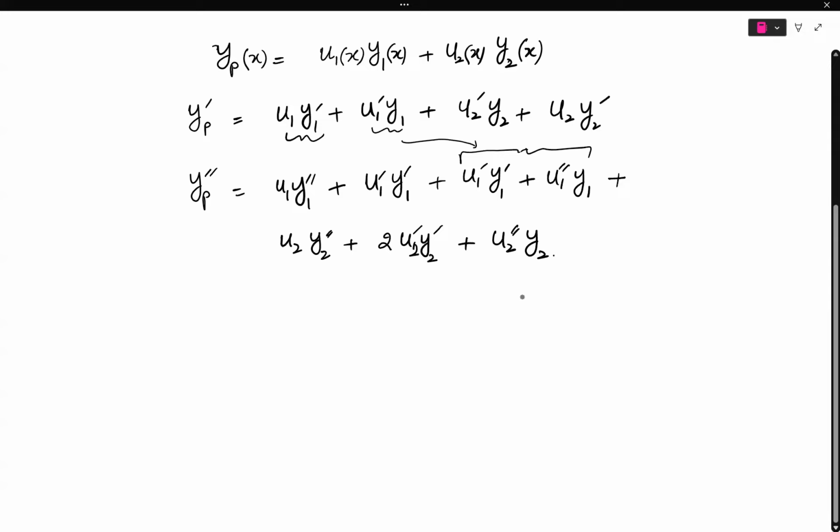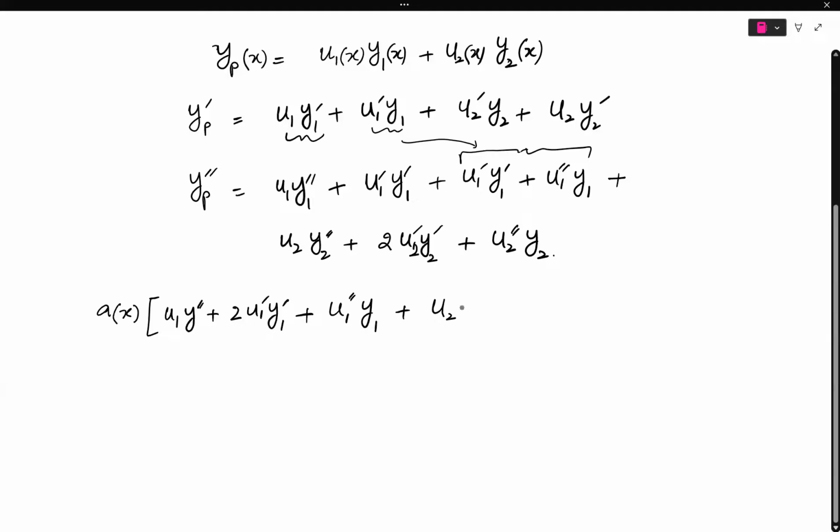The next step is to look for the conformance of the condition that it will satisfy the non-homogeneous equation. So I can write a of x. This is a variable coefficient, however, still a linear differential equation. So yp, the second derivative, is u1 y1 double prime plus 2 u1 prime y1 prime plus u1 double prime y1